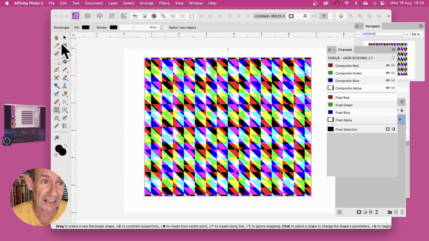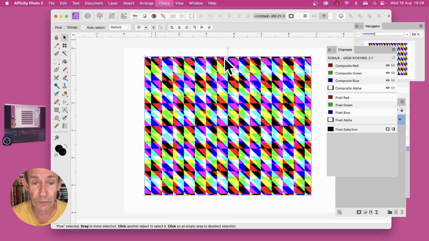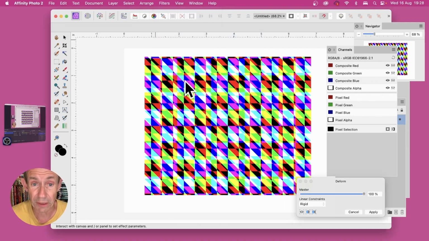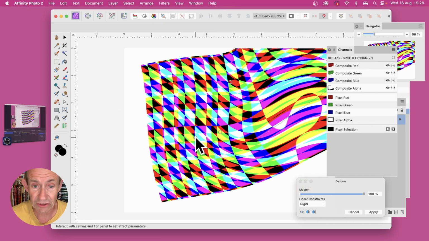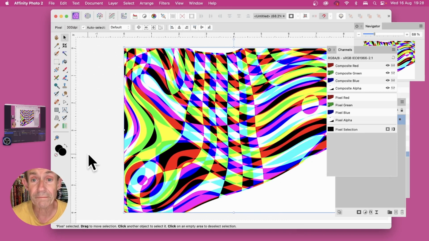So select and deselect, and you can then manipulate this design, maybe use it with other filters. Go to Filters, Distort and Deform, and you could use colour channels there as well. And just distort it. Just select there and just drag and distort in all kinds of ways. Once you're happy, click Apply. And there it is, a very quick, super colourful design